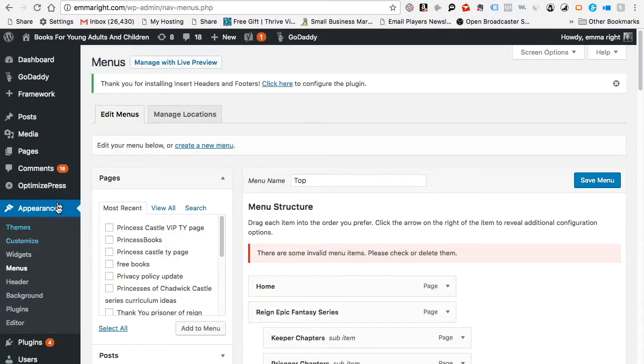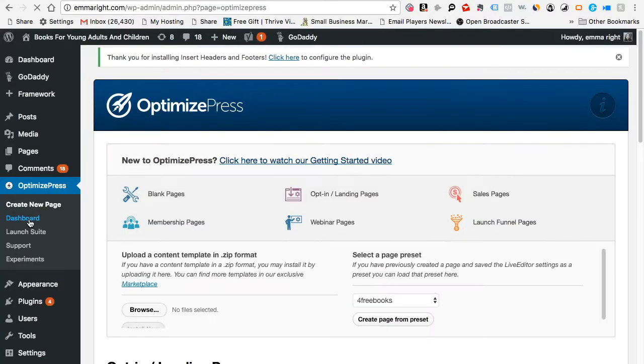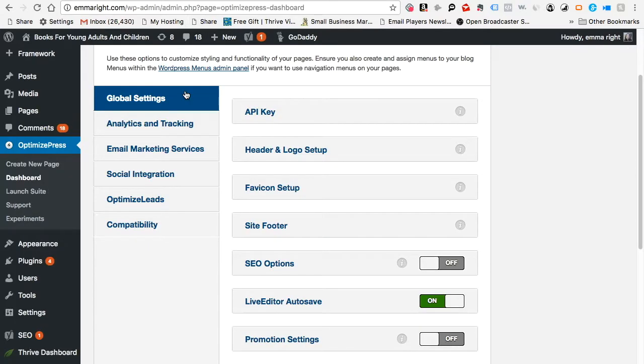The other thing I wanted to show you about OptimizePress is, once you've already installed it as a plugin, go to the dashboard. You will see that there are several different things that you can do, to integrate different aspects of your social media as well as your email autoresponders. Click on global settings first, and this is where the API key OptimizePress gives you needs to be updated. If you click on it, it displays the key, which is a series of numbers and alphabets,